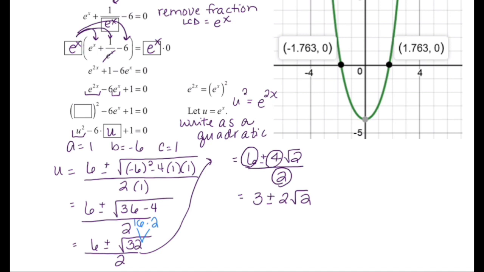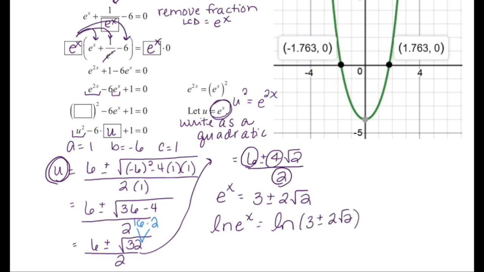But we're solving for e to the x, not u. So I need to replace my u back with e to the x. We know we can get rid of the e value by multiplying both sides by the natural log. The natural log will end up canceling, so I'll have x is equal to the natural log of 3 plus 2 square root 2 and the natural log of 3 minus 2 square root 2,